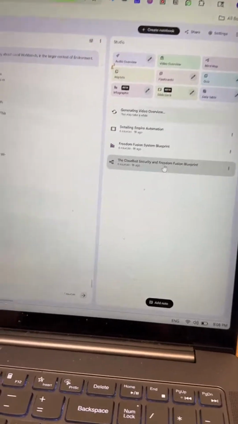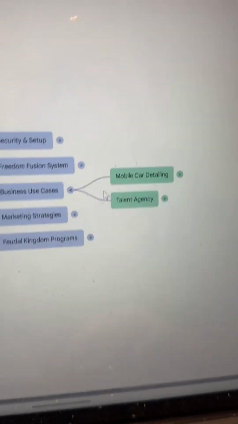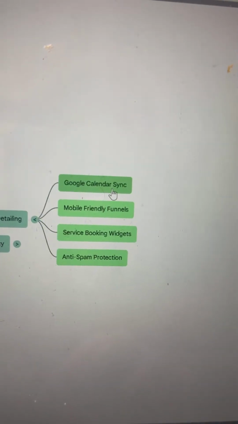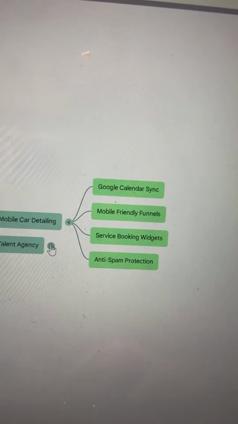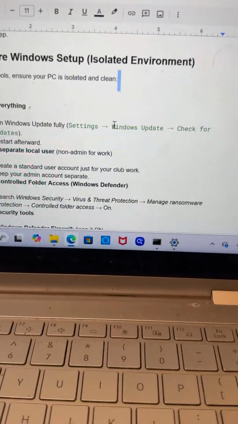And yeah, so the mind map over here, it's still loading, guys. So this is the mind map. Essentially, here's a couple of business use cases that we're covering. So we're covering mobile car detailing, agency, Google Calendar synchronization, mobile-friendly funnels, service booking widgets, and of course this. While I'm eating this duck and showing you guys the tea behind how to set this whole thing up